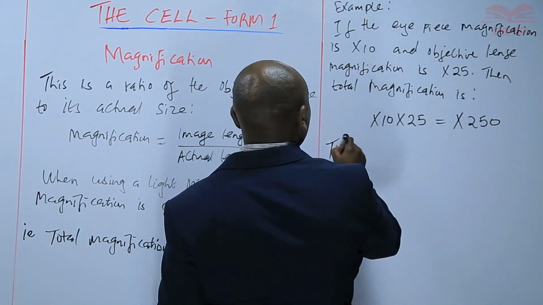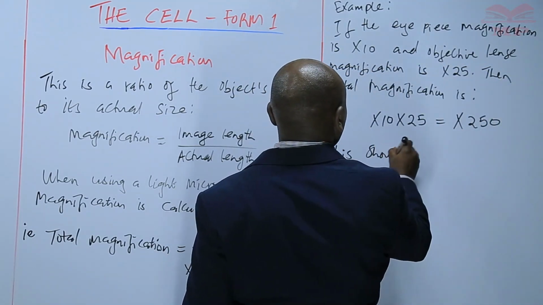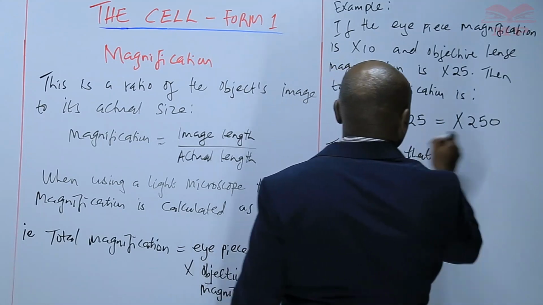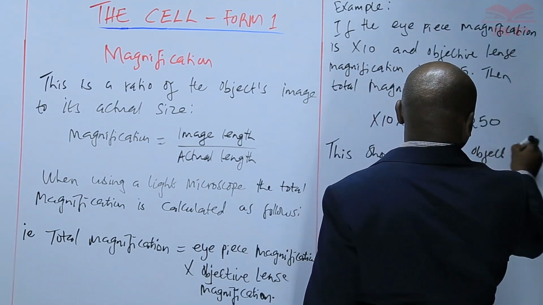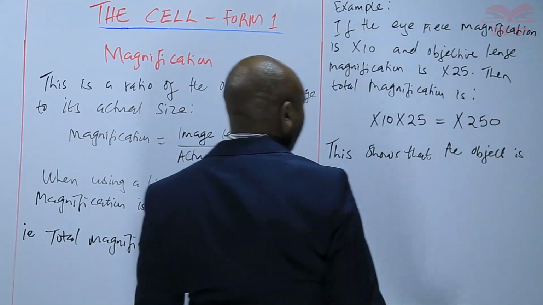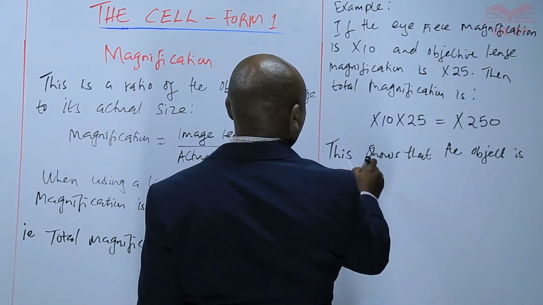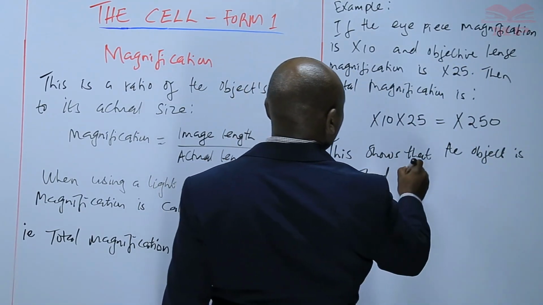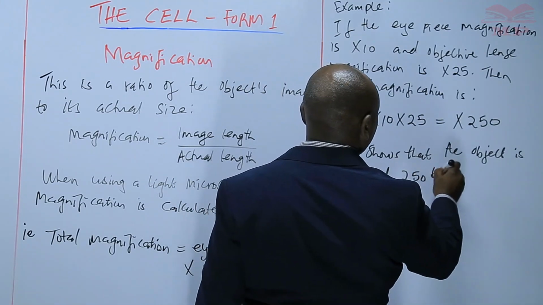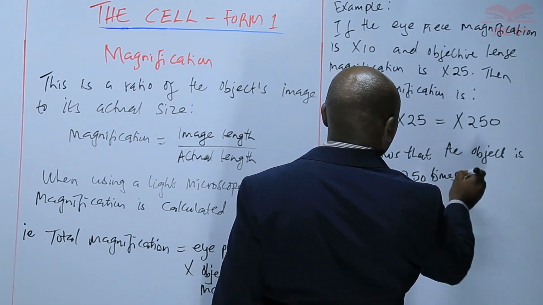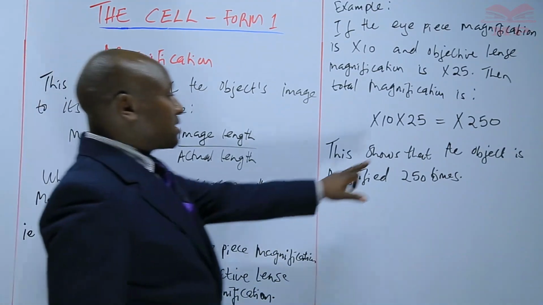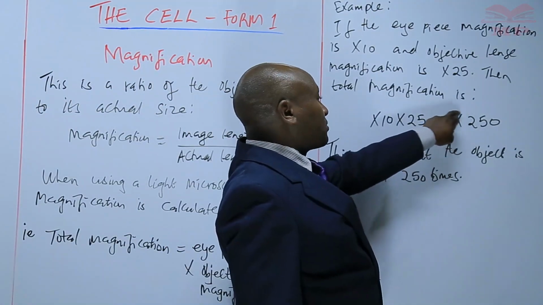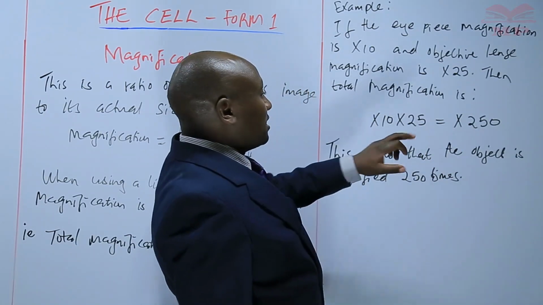So this shows that the object is magnified 250 times. So always when we are stating the magnification, we have to state times 250,